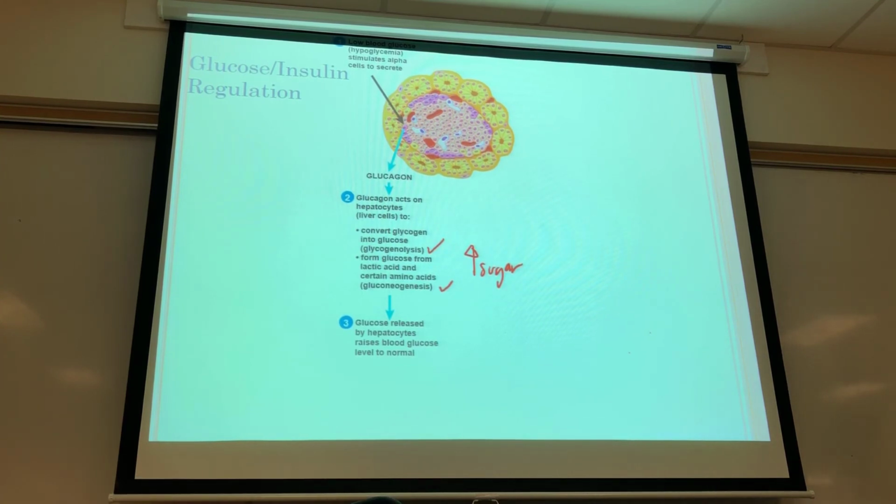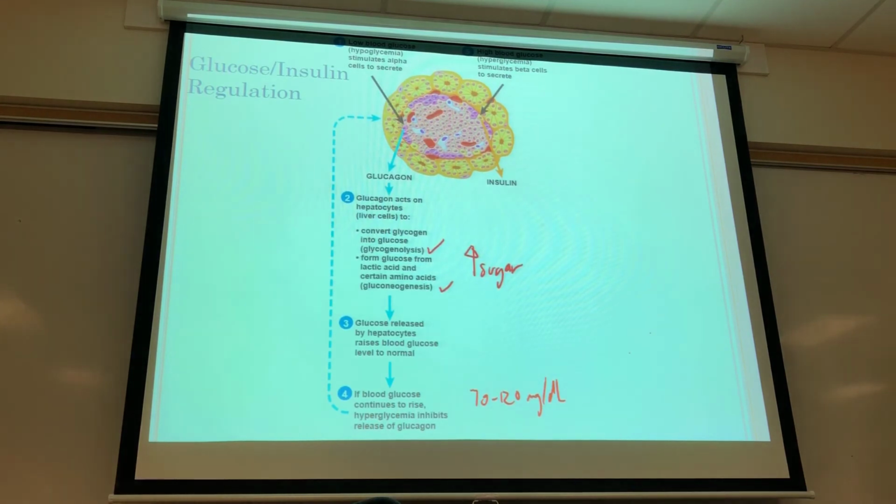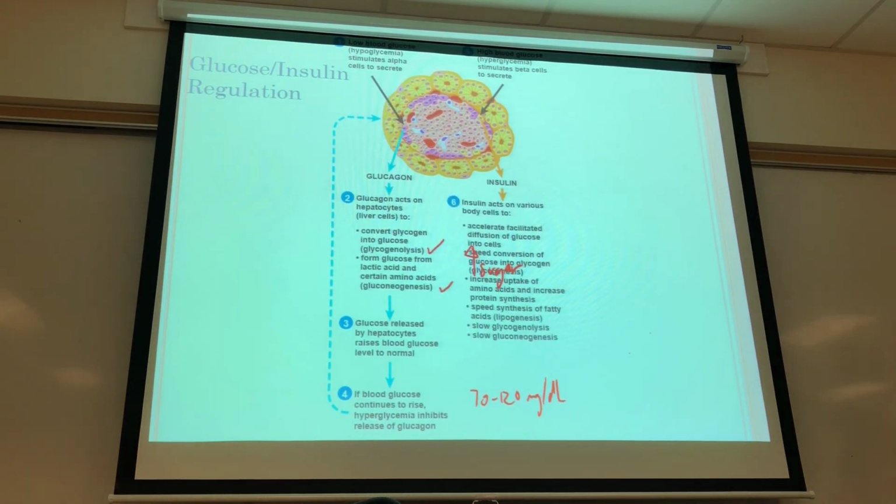So now that we've got the release of sugar, if glucose starts to rise above that set point of 70 to 120 milligrams per deciliter, that sugar will come back in and inhibit the production of glucagon. At the same time, inhibition of glucagon will take place, and insulin will come into place to reduce blood sugar. So hyperglycemia will stimulate the beta cells to secrete insulin, and insulin works